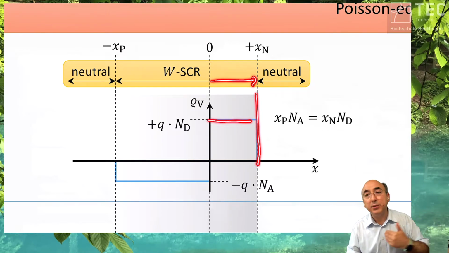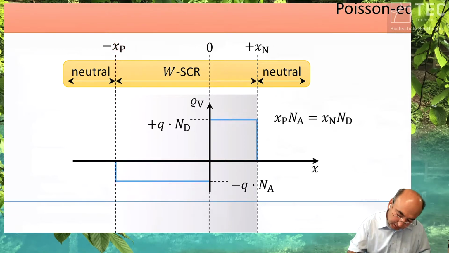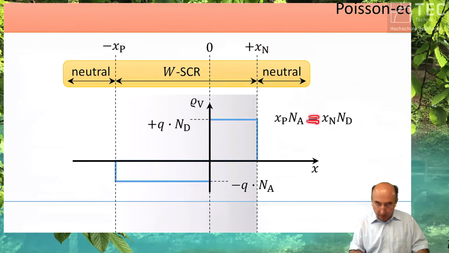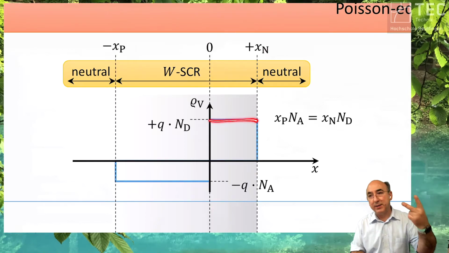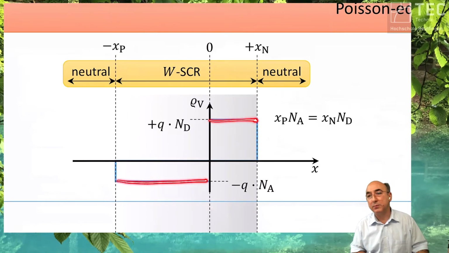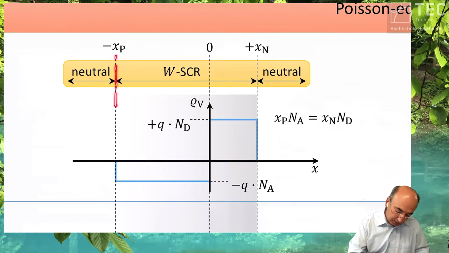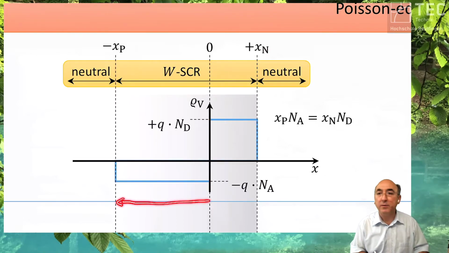But how short? We don't know. But it is shorter. But the relation of these boundaries is given by this equation. And in this case, our n-type is twice as high doped compared to the p-type region. Therefore, the space charge boundary is 2 times far away from the junction